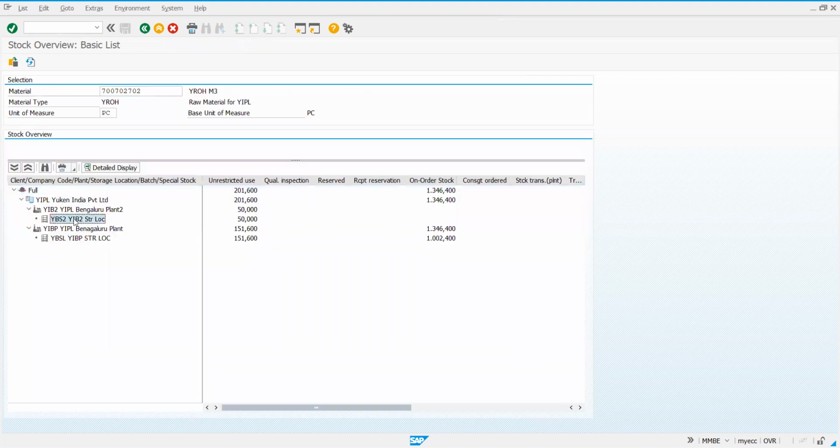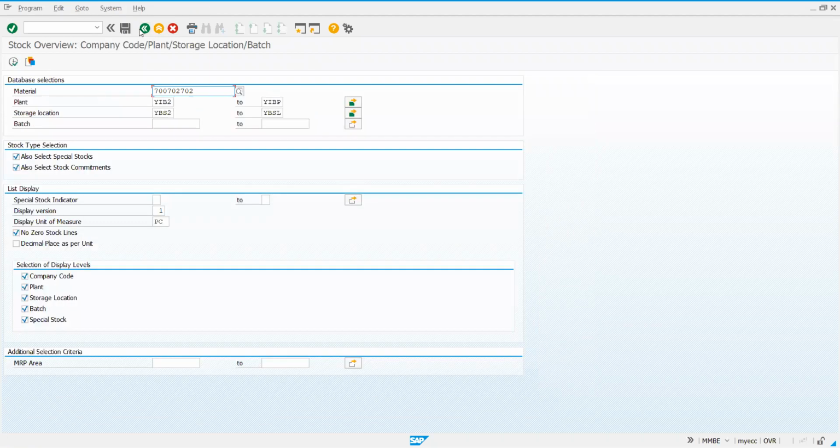If it doesn't appear, you will have to do it. By plant, it has already by default taken and it is appearing here. So this is about transferring from plant to plant. Also, how are we going to provide information about storage location to storage location with single step? You can just try this with multi-step. Instead of 301, use 303, 305.